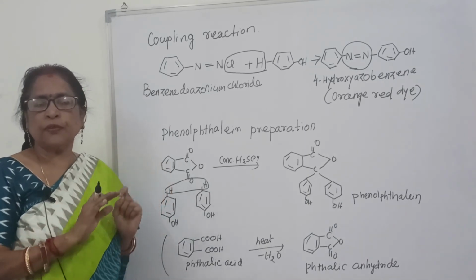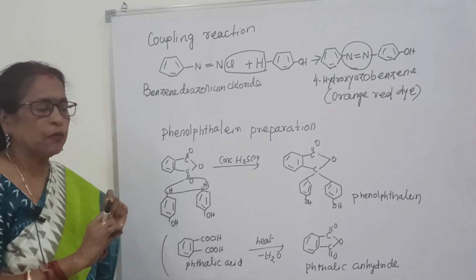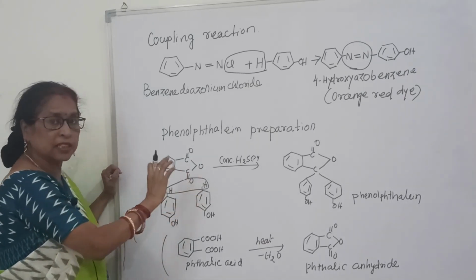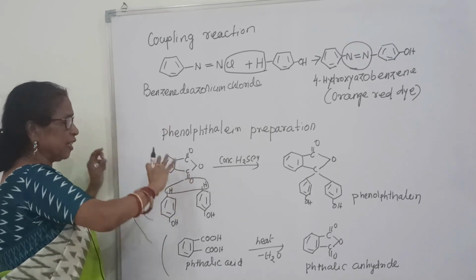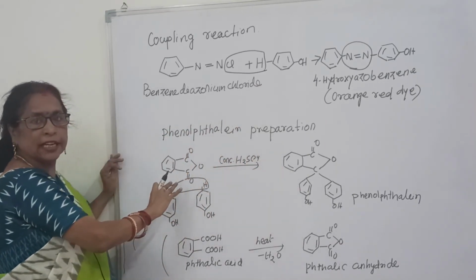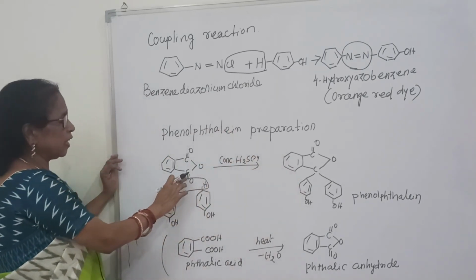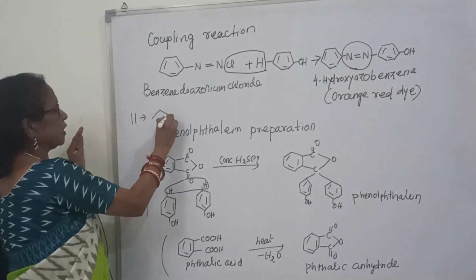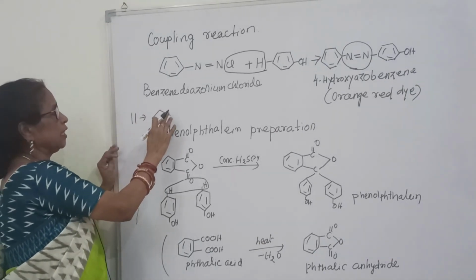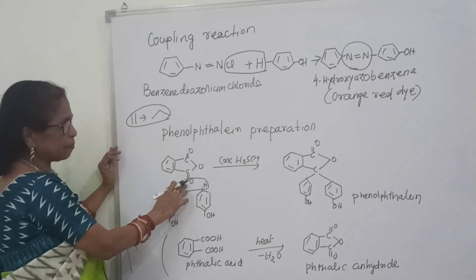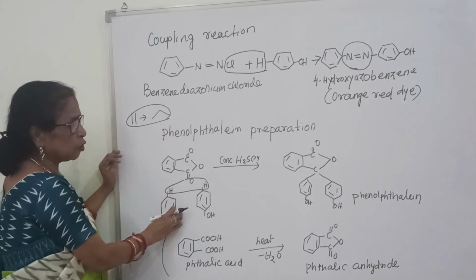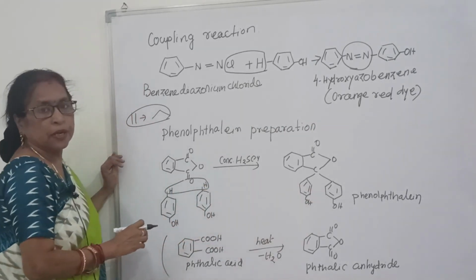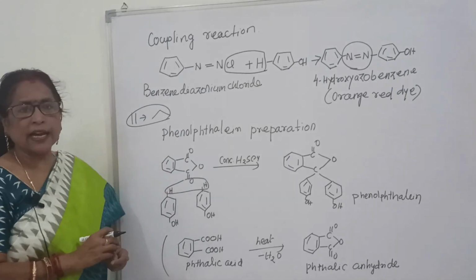See, the structure of phenolphthalein is not difficult, but you only need to know the trick. Here you will see the double oxygen, hydrogen, removed as water. Then what is remaining? You take it and put it here. You copy it and paste it. That means this double bond changes like this. So it is happening here, and what is the OH group with benzene, put here. This is the phenolphthalein. And how can you get phthalic anhydride?